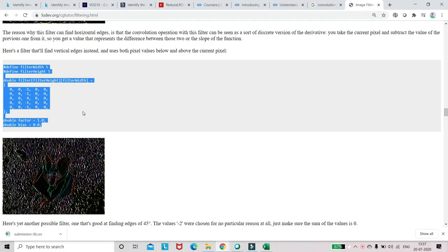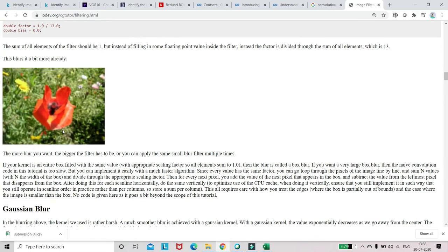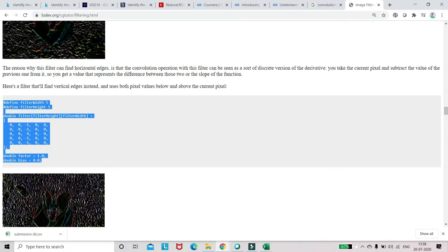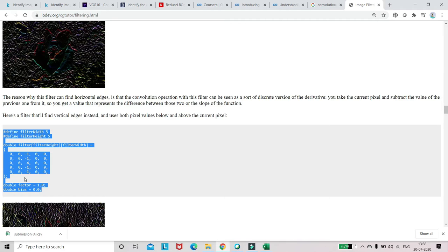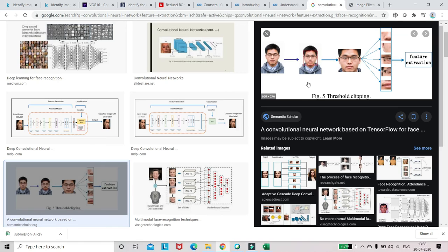I will briefly tell what convolution does. As I told you, convolutions are just a set of image filters which highlight some specific properties in the image. The original image used to look something like this, and by applying this matrix filter, some features got highlighted, and these highlighted features are what the network learns at the end.